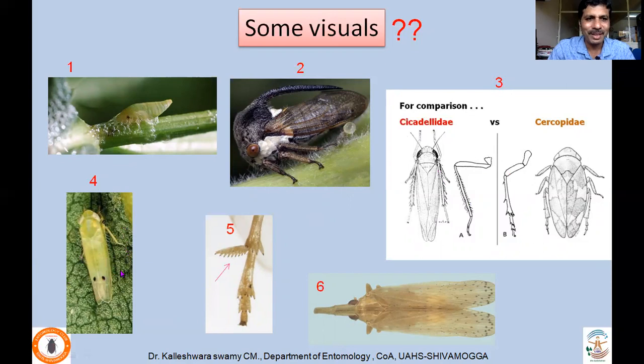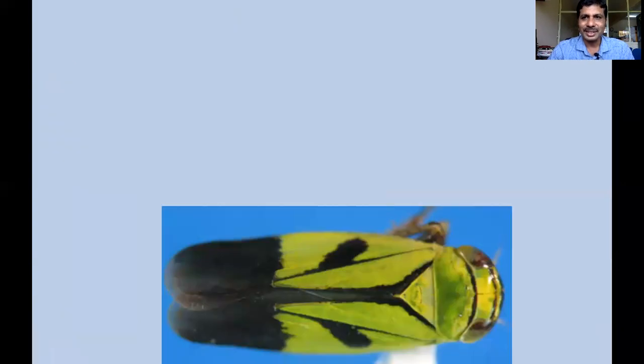Which family is it? I'm giving a clue: the hind tibia has two or three rows of spines. In which family do you find the movable tibial spur? Which family does this one belong to, wherein the frons is longer than wide? So try to go through the lecture once again and try to identify and answer these questions. Thank you very much.